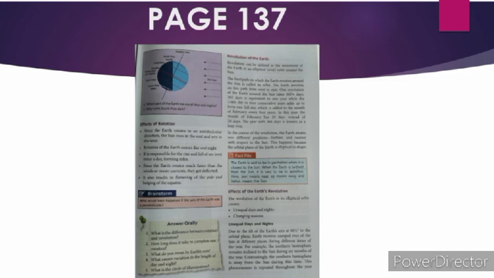Here is a figure where the rotation of the earth is shown. In this, two questions are there. Which part of the earth has equal days and night? The answer is equator. Equator has equal days and night. Why is the south pole dark? Because it is away from the sun. It is facing darkness. Sun rays are not falling on the south pole. So it is dark.